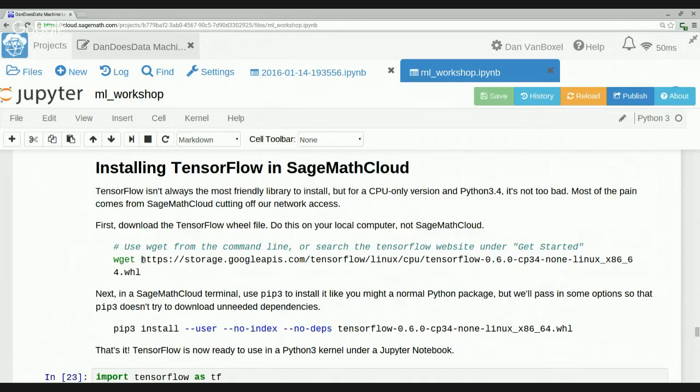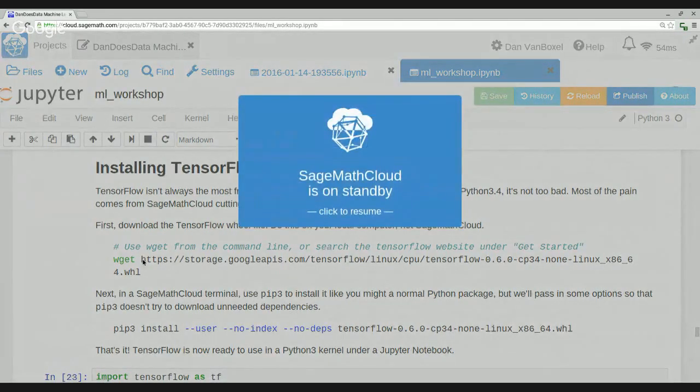And once that downloads, you'll go to create new file and you upload that. And then, in our Sage Math Cloud,